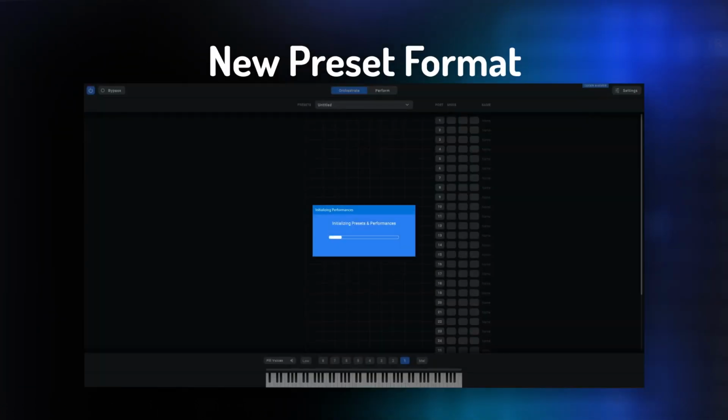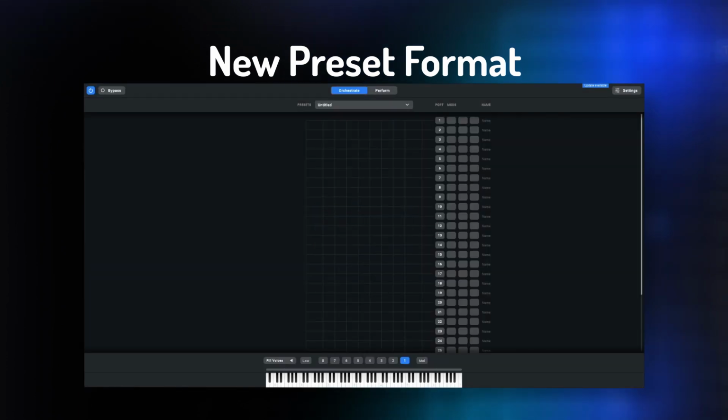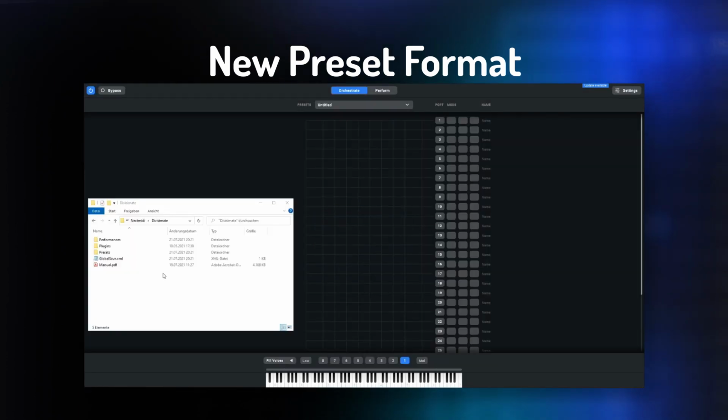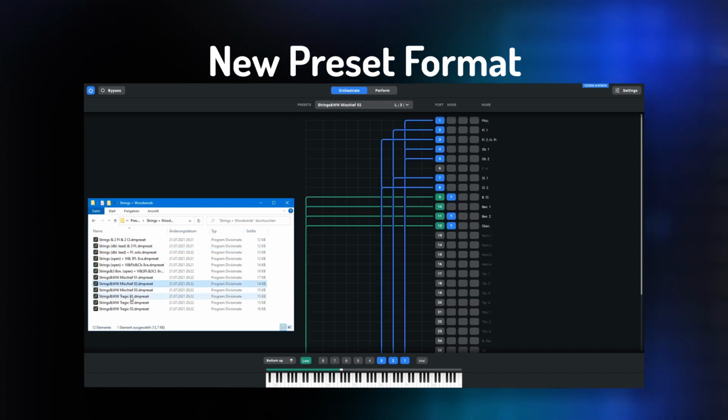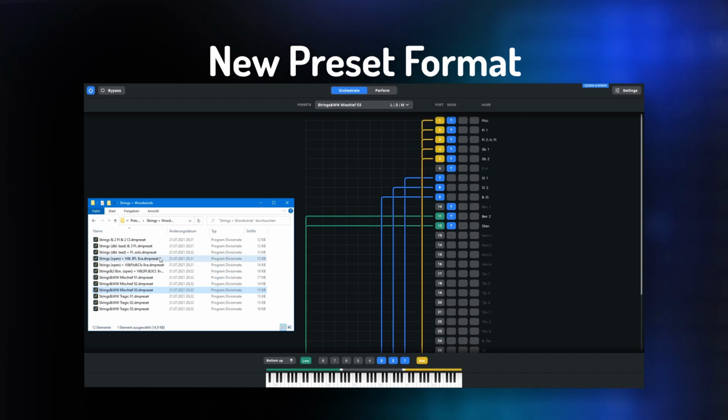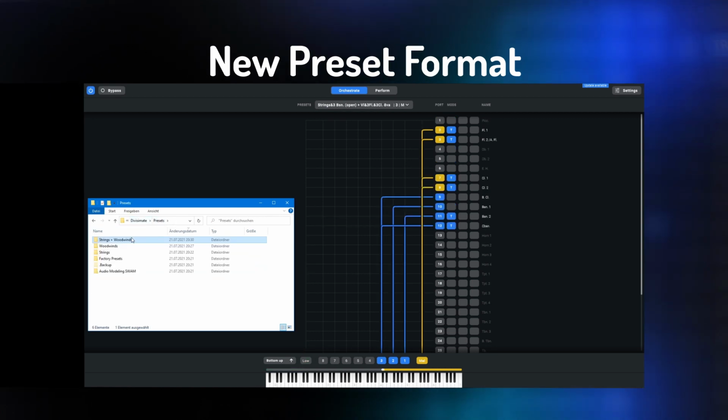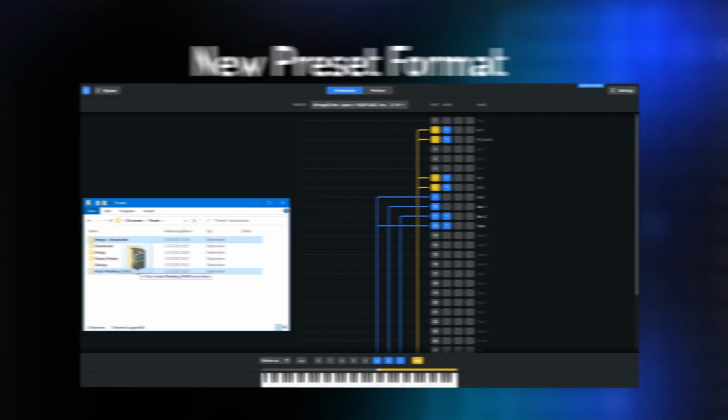When you open up Divisimate 1.3 for the first time, it will automatically convert your presets to a new preset format. There is an automatic backup of the old files, so don't panic. But one of the advantages this brings is that presets can now be loaded directly from the Explorer or Finder. Just double-click on the preset file or drag it into the Divisimate window and you can immediately play the preset. Also, you can now move presets around between your folders without losing their position on the Perform page. The whole system is just a bit more robust and flexible now.